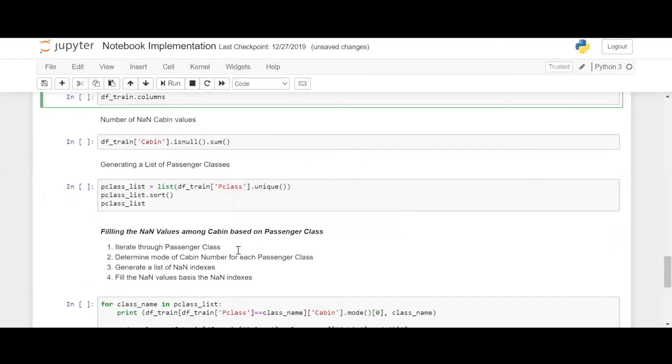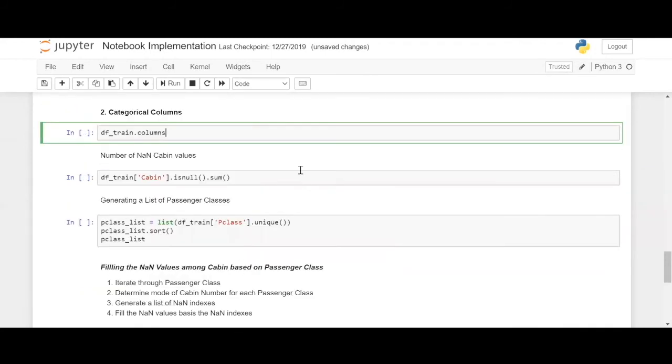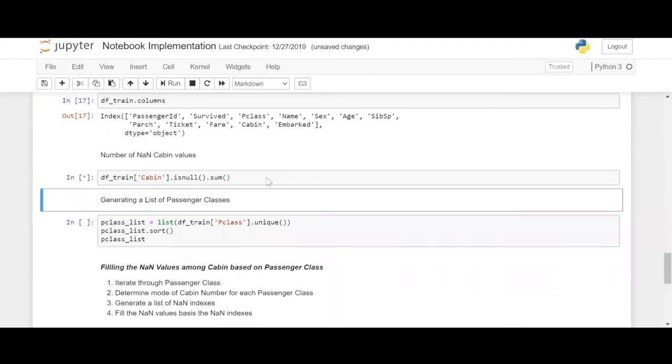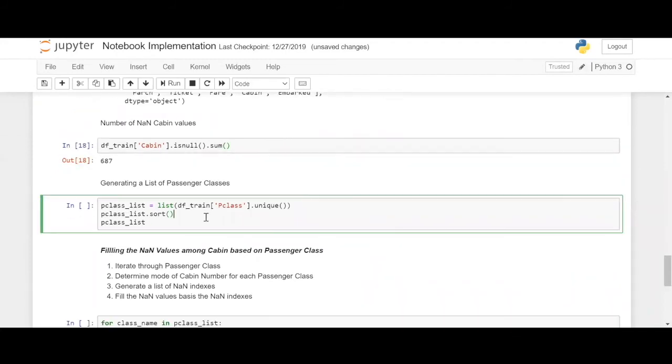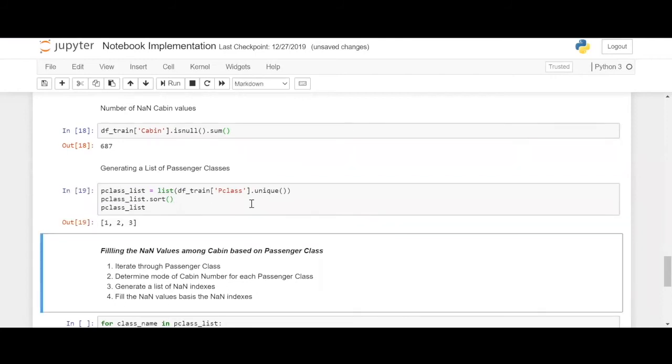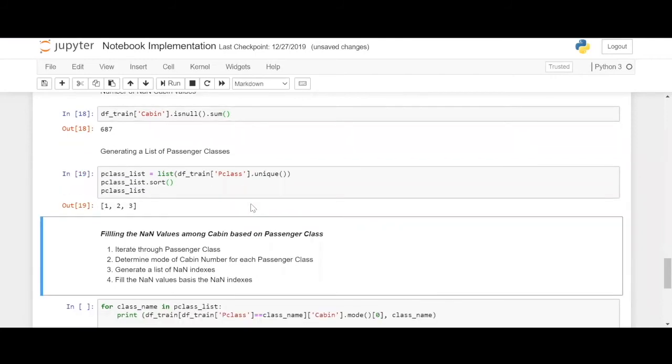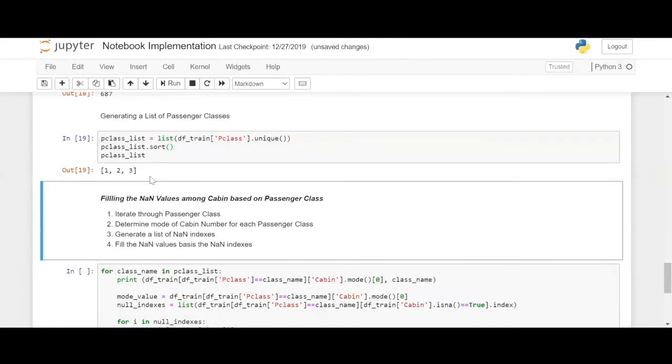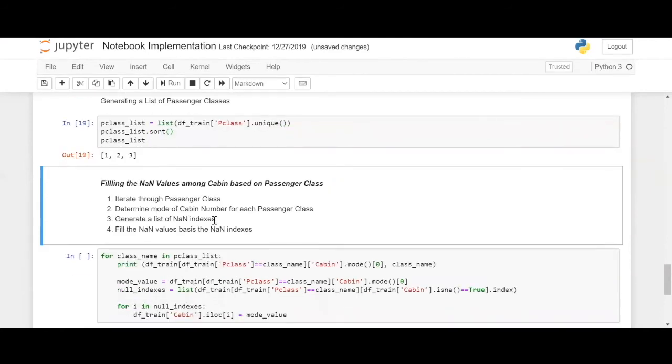Similarly, let's identify the categorical columns, in which we have the cabin name. We will generate a list of passenger classes, and according to the passenger class, we will allocate the cabin. So how are we going to fill the null values in cabin based on passenger class?